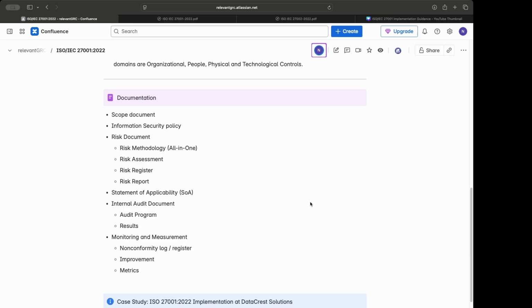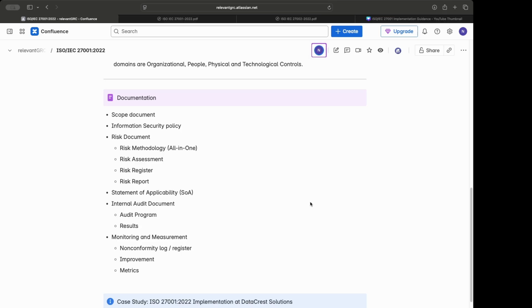You have your internal audit document, which falls under clause 9. You do have monitoring and measurement, non-conformity logs, your improvement and metrics, which both fall under clause 9 and clause 10. So these are the documentation you typically need to provide under clauses 4 to clause 10. So in this video, friends, we are going to look at a case study